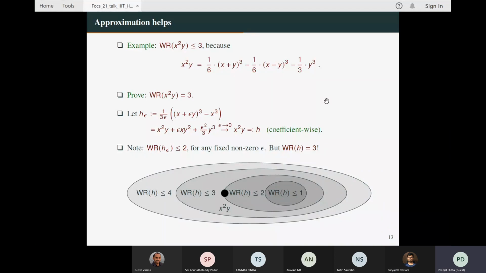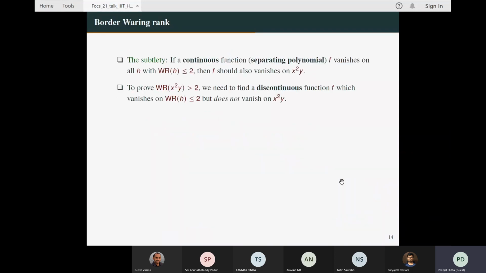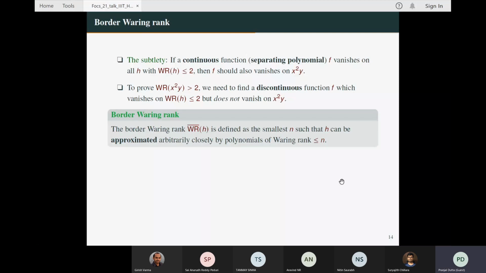So once you have defined this, there is something peculiar that is happening that I already said. Let's define border Waring rank. But okay, there is a catch that I wanted to mention. The first point, there is a subtlety, and the subtlety is that if you remember this b square minus 4ac polynomial,